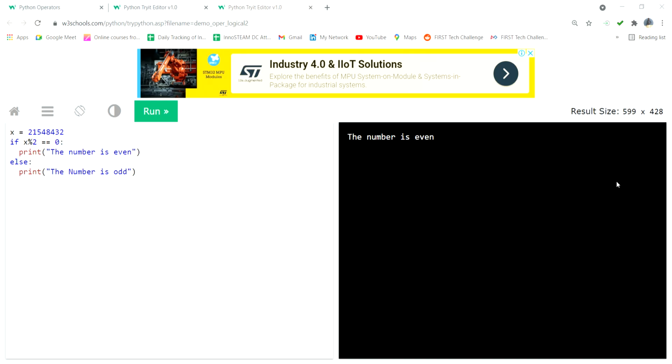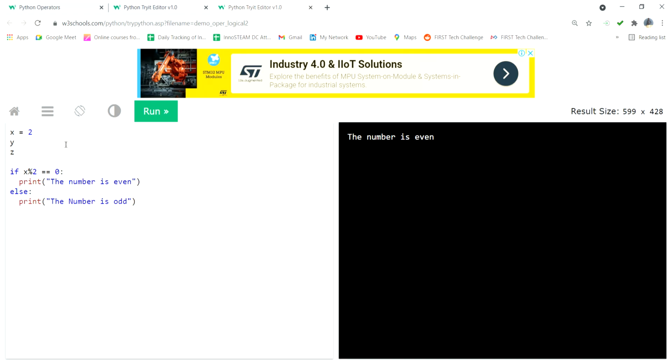Otherwise I will give two tasks, and you can try whichever you like. The first task is leap year or not. The second task is, you put three numbers. X is one variable, so x is one number, y is one number, and z is one number. Of the three values, you have to show which number is greater. If the x value is greater, the output should show the x value. If the y value is bigger, it will show that. That is also using if else condition only. Leap year also uses if else condition only.